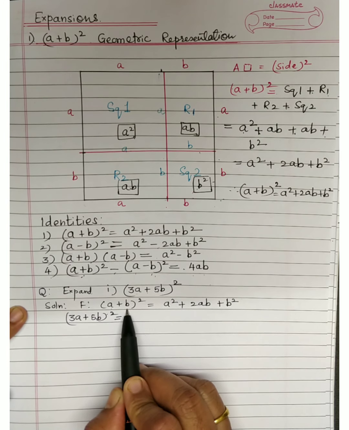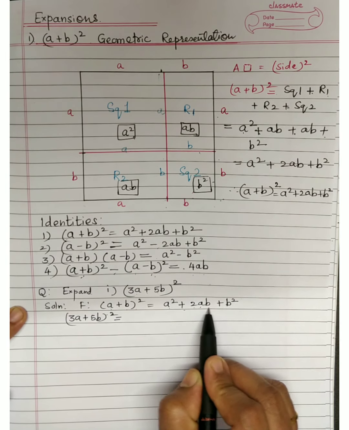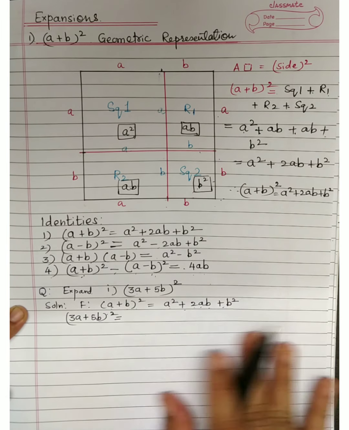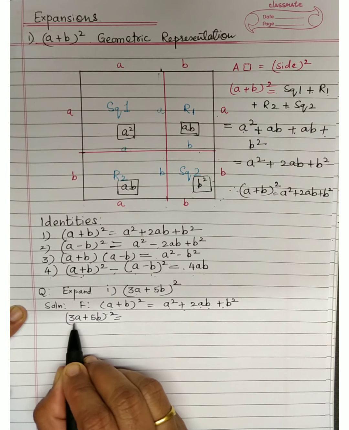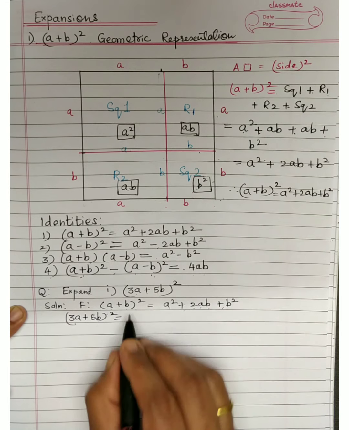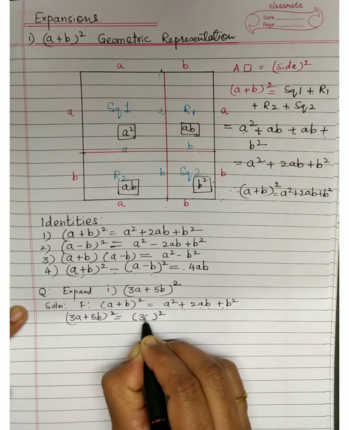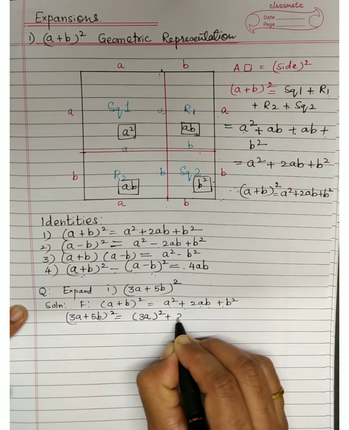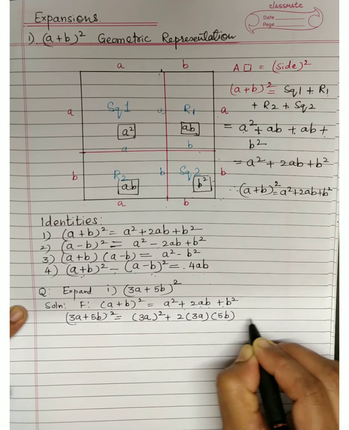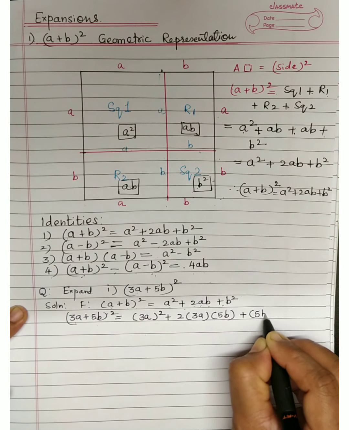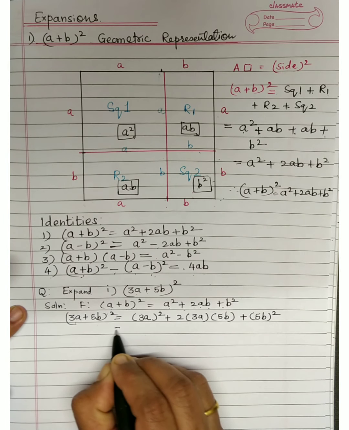You might remember in standard 8 I taught you, you can just replace a by apple, b by banana. So you have apple plus banana the whole square is apple square plus 2 into apple into banana plus banana square. You put any of your favorite names, objects, anything over there and learn this formula. Anyway, so here our apple is what? 3a and banana is what? 5b. So you have to get it in this format. First term square, that is (3a) the whole square, plus 2 into first term, 3a, into second term, 5b, plus the next term, (5b) the whole square.